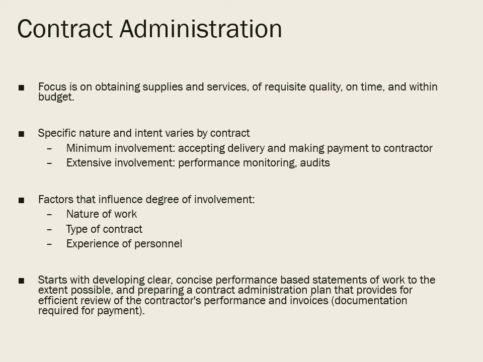And then, of course, contract administration becomes more complex if the agency has to engage in performance monitoring, performance audits, or financial audits. And these require a full contract administration plan so that the agency can efficiently review contractors' performance and pay those invoices. And proper invoices are required before the government will pay the contractor. And again, these can be really simple invoices, like with line items for commercial products, or they can be a lot more complex, with a lot of detail on effort reporting and a variety of financial certifications.